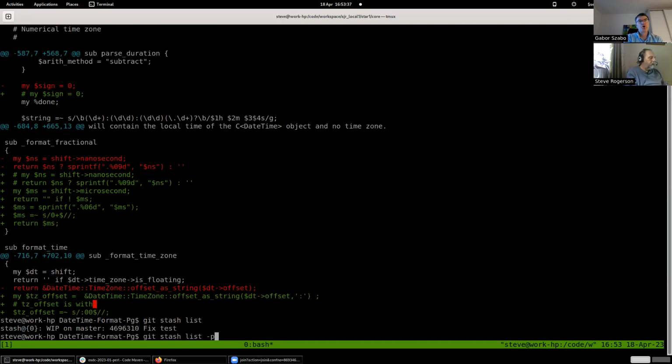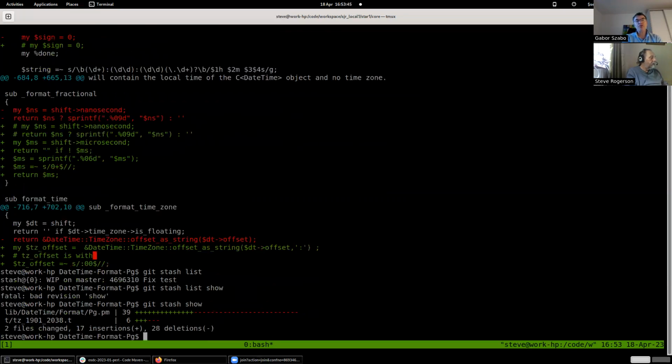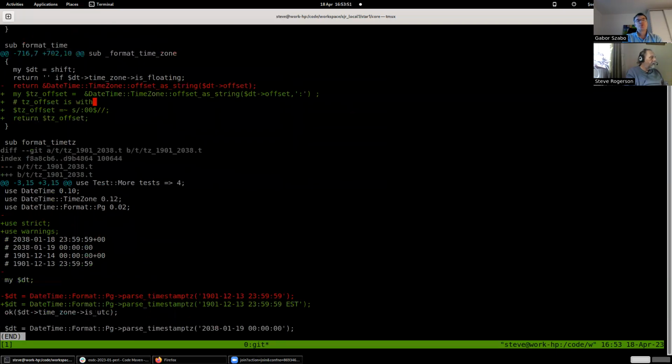So minus p. It's just show, and then if you would like to have the content of the files, then minus p. So these are the same changes, no? It looks like. Yeah, absolutely. And if you run git status,